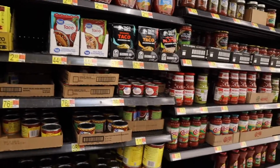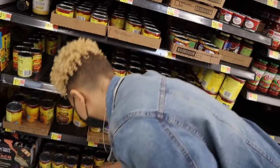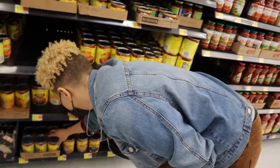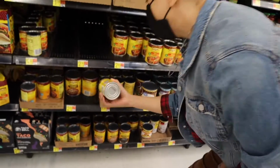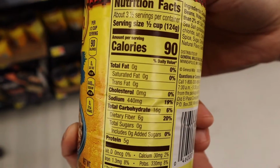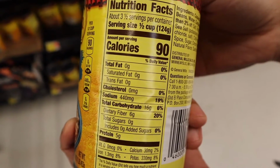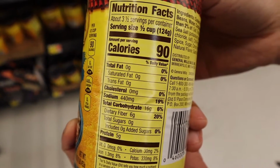So let me say I was gonna make tostadas for dinner. I would be eating one of these cans of beans. Well, I would currently probably just be eating regular refried. So I might get fat free to try to seem like I'm not being unhealthy. At the serving size, 16 grams of carbs is not too bad. The calories are not too bad. The sodium is